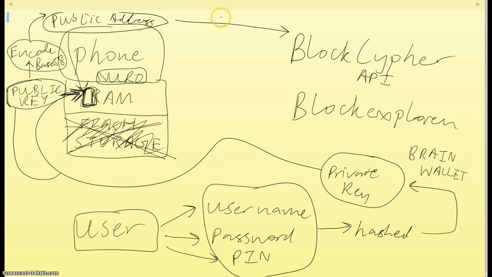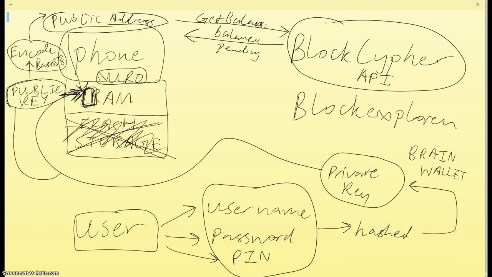So there's basically a function that gets the balance. Okay, and then BlockCypher returns the balance. It also returns the pending funds, which are the transactions that haven't been confirmed yet. So that's BlockCypher. BlockCypher does something else, which is that when we want to send money,